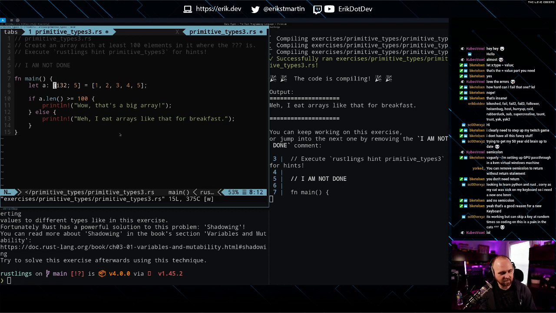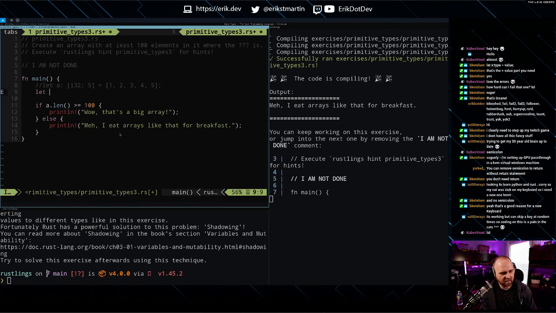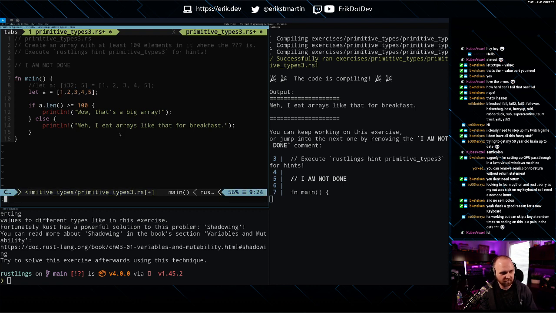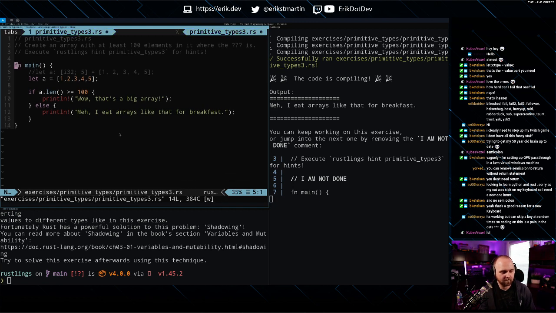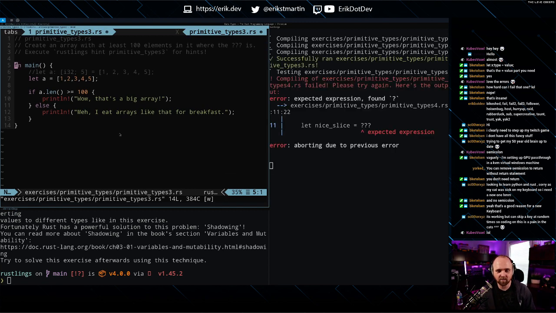I want to just test this really quick. Let's just stop and test our knowledge. Okay, so we said let A equal, would the compiler just infer all of the rest of this for us? Okay, so this would have worked both ways. This one, the compiler is inferring the size and the type from the right-hand side. This one, we are explicitly defining the type and the size. And let's see how much of this I actually remember when we try to write stuff.